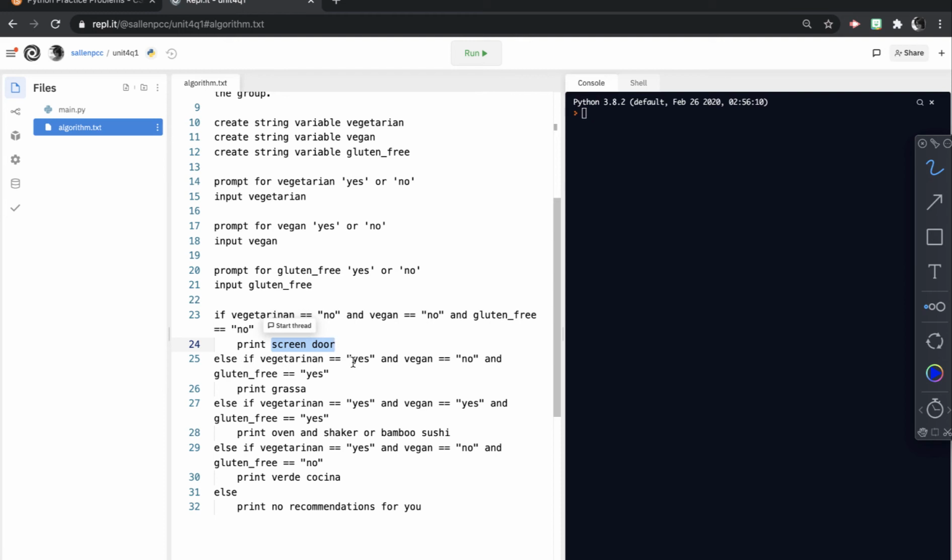If vegetarian's yes, vegan's no, and gluten-free is yes, then they can eat at Grassa. Else, if vegetarian is yes, vegan is yes, and gluten-free is yes, then they can eat at Oven and Shaker or Bamboo Sushi, so we'll print that message. If vegetarian is yes, vegan no, and gluten-free is no, then they can eat at Verde Cocina. If we haven't found a combination that fits their requirements, then we are going to print there's no recommendations for